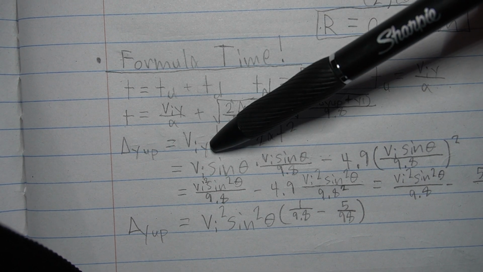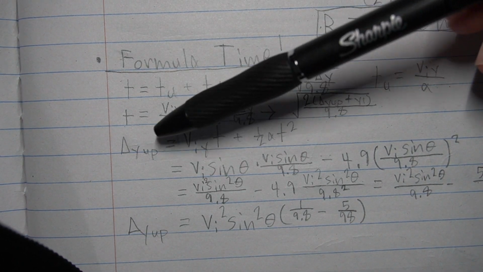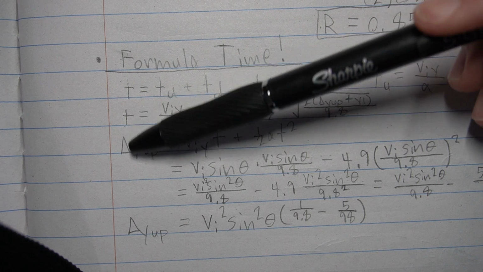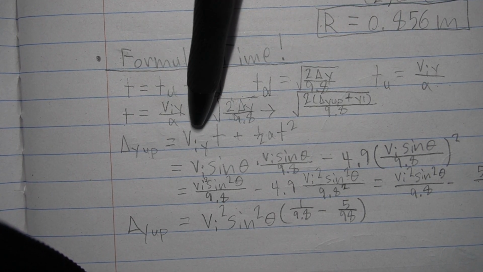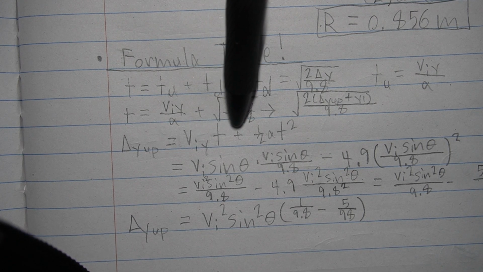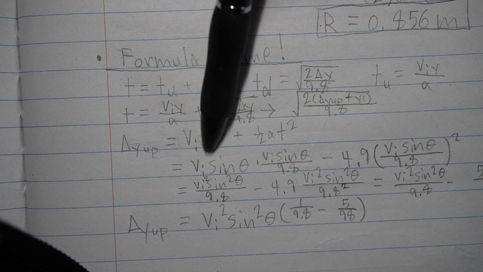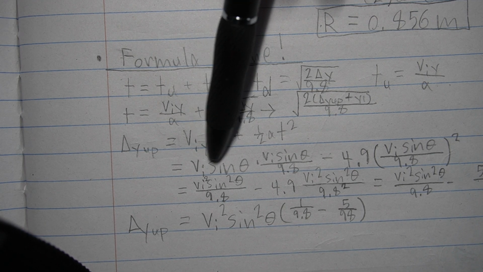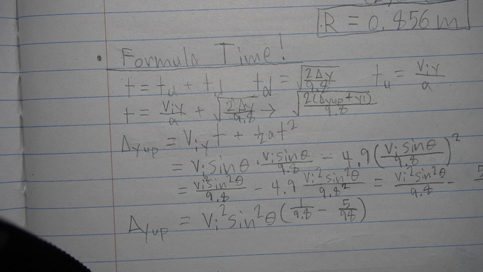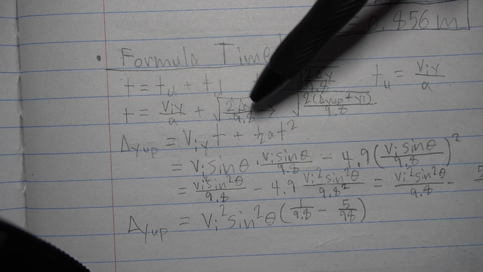To find the change in y up, I used one of the basic kinematic equations. I plugged in symbolically, so VIY, initial velocity y, is the initial velocity times sine theta, the angle of the dart shooter, times